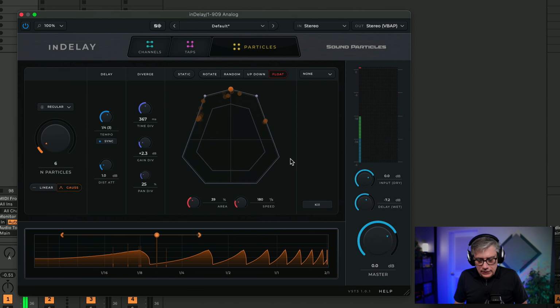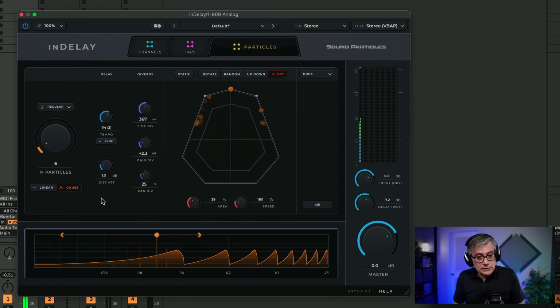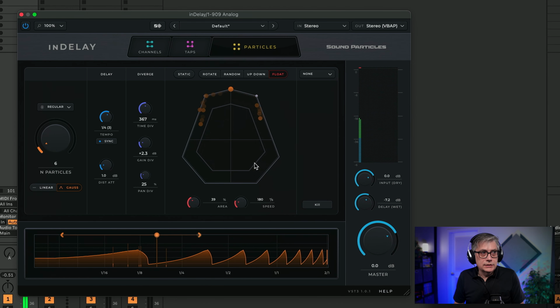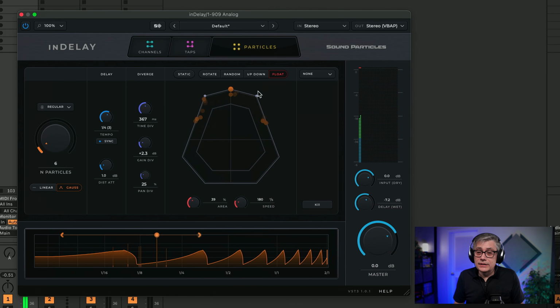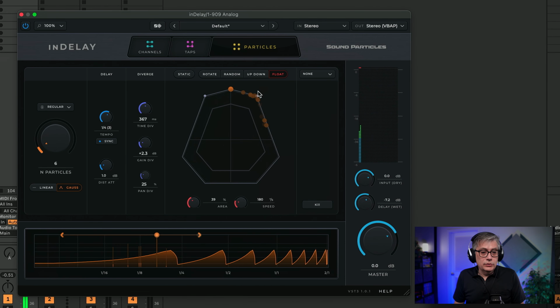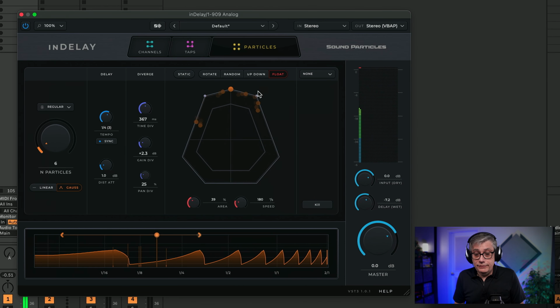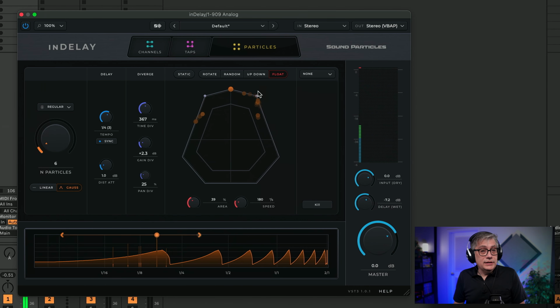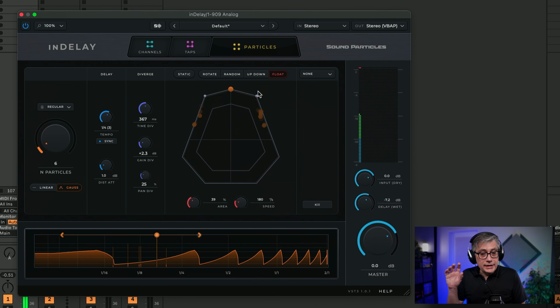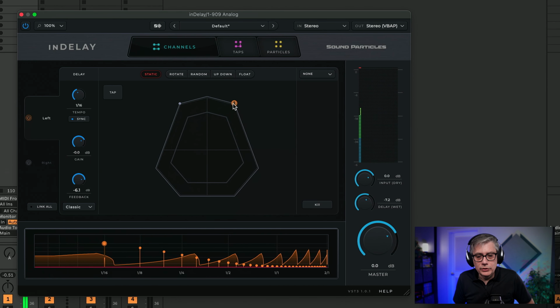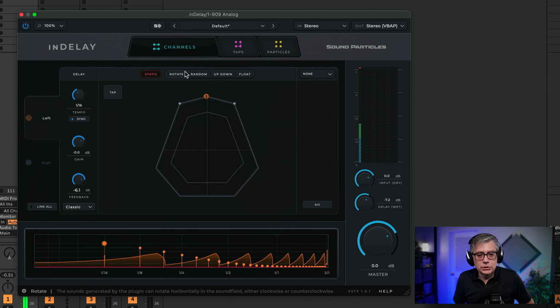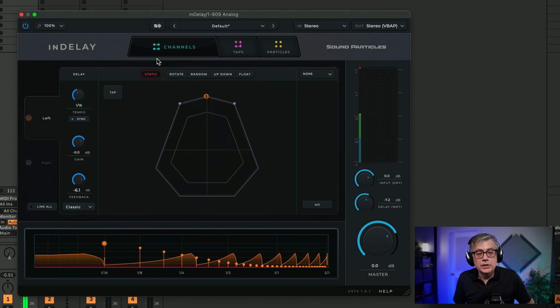Now the fact that InDelay combines both these 3D approaches, that is something that we'll find in AudioBrewer's Astrometry Delay, for example. And that once again is a little bit difficult to wrap your head around because it can get out of hand very quickly. But the fact that Sound Particles InDelay combines that approach with a traditional channel-based approach that everybody should be really comfortable with, or a tab approach, actually makes it an extremely versatile delay plugin. So actually I do like that a lot.